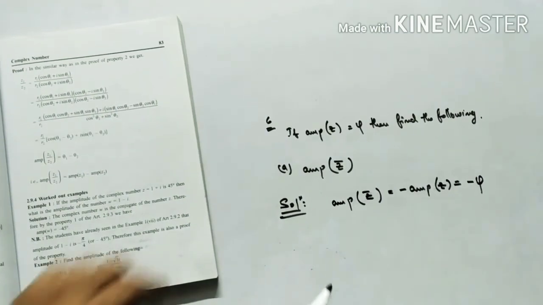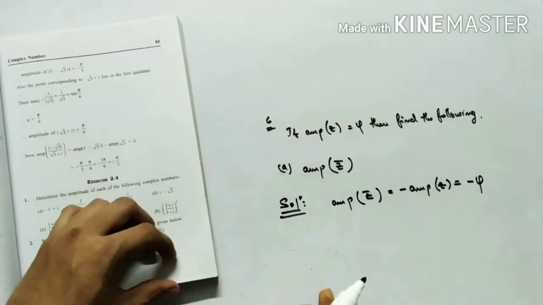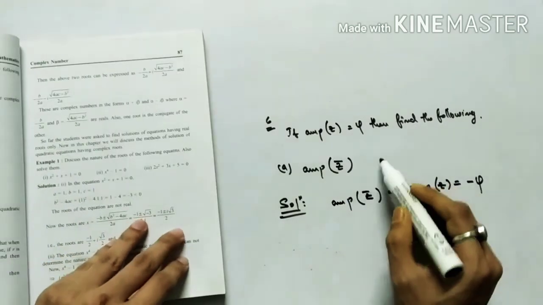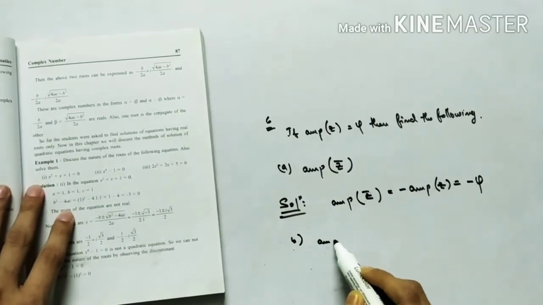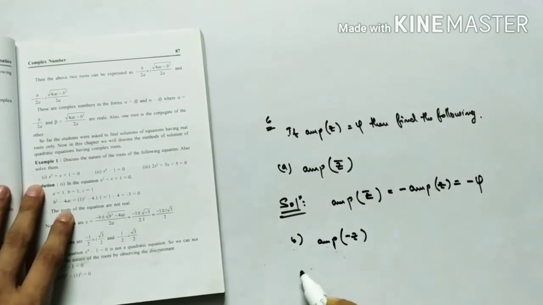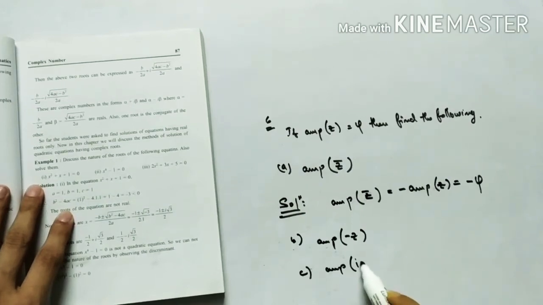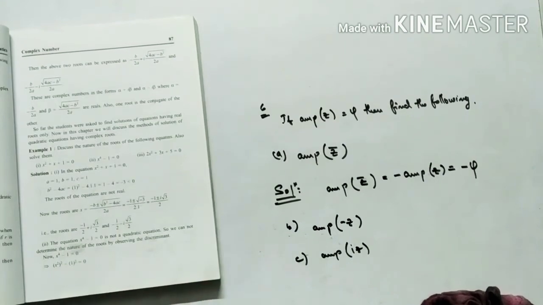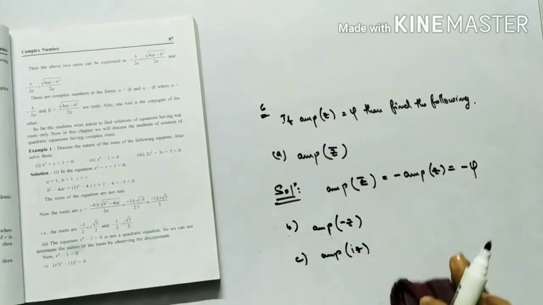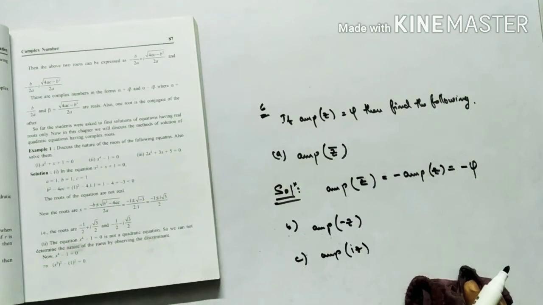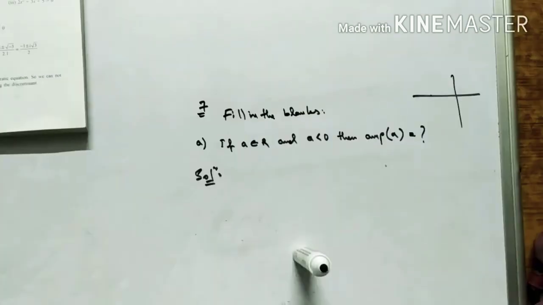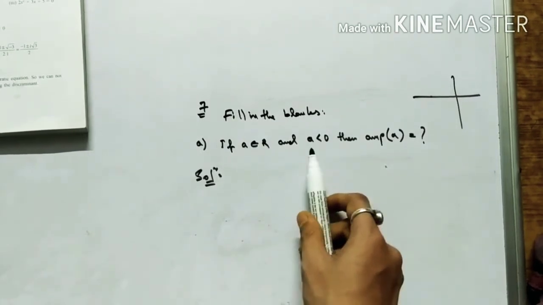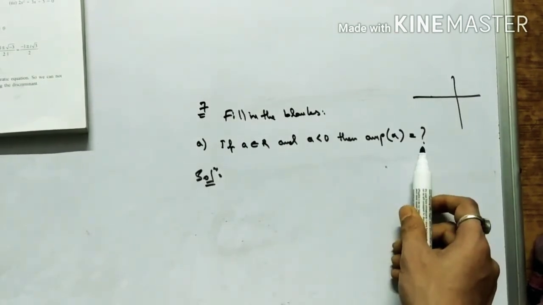Again, number B and number C. Number B is amplitude of minus Z, and number C is amplitude of iZ. These two we will do a little bit later. I will not do them in this video; I have done only number A. These two I will do in the next video. So next, this is question number 7. Fill in the blanks. If A belongs to R and A is less than 0, then amplitude of A is equal to